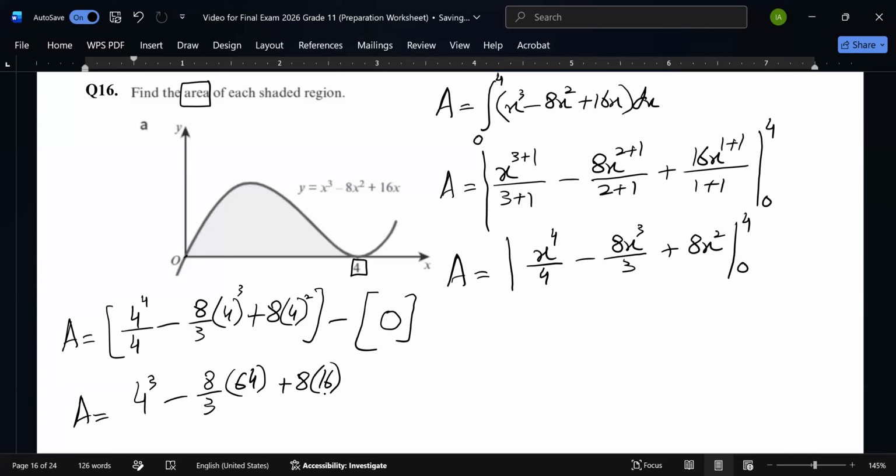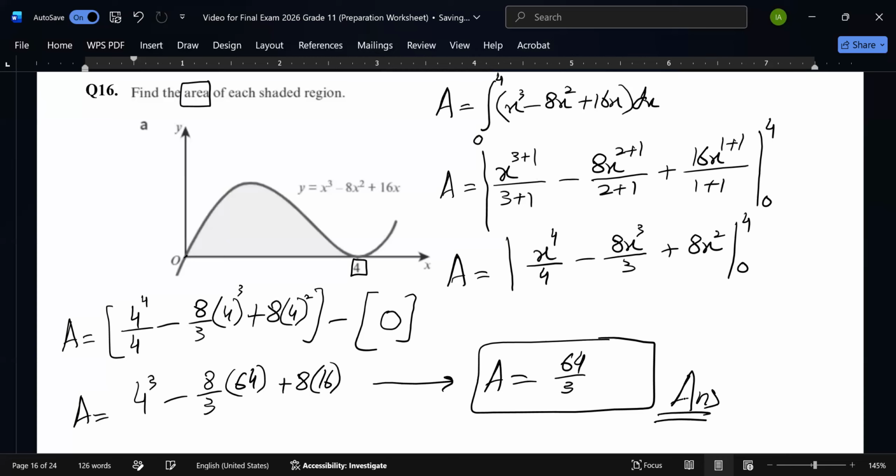This is what we have to simplify in this case. Okay, so we have 64 minus 8 times 64 divided by 3, and then we have plus 8 times 16. The final area is going to be 64 over 3. This is the required area